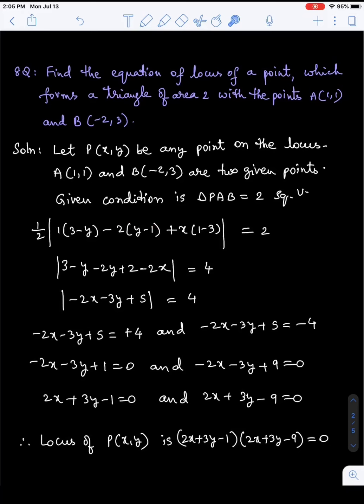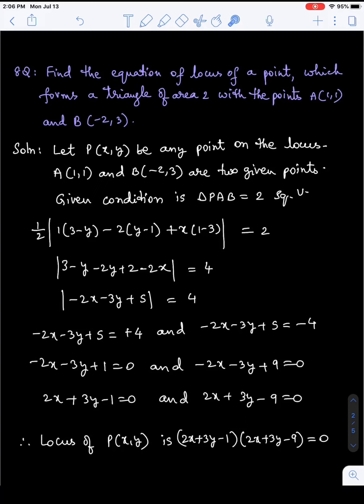Here 2y 2. But minus into minus will become plus here. It is minus 2. After simplifying, 1 minus 3 is minus 2. Minus 2 into x is minus 2x. And coming step, minus 2x, minus 2y, these are simplified. These are added here. There are two like terms. Minus 1y minus 2y will become minus 3y. 3 plus 2 is 5 is equal to 4.